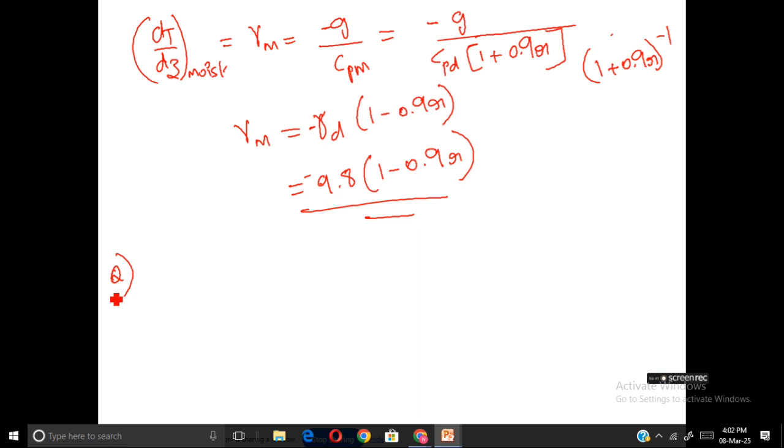Now let's consider an air parcel. Consider an air parcel having a mixing ratio